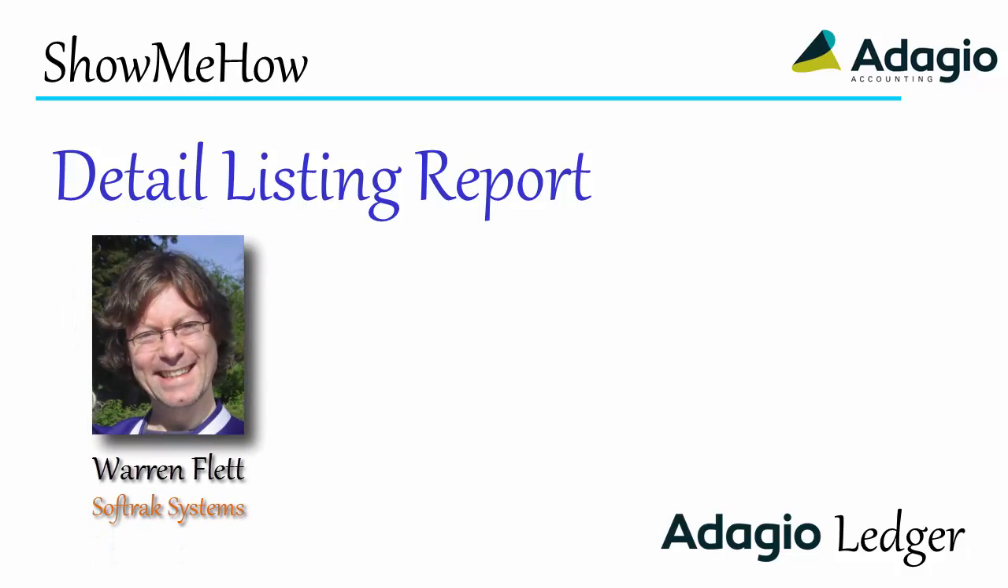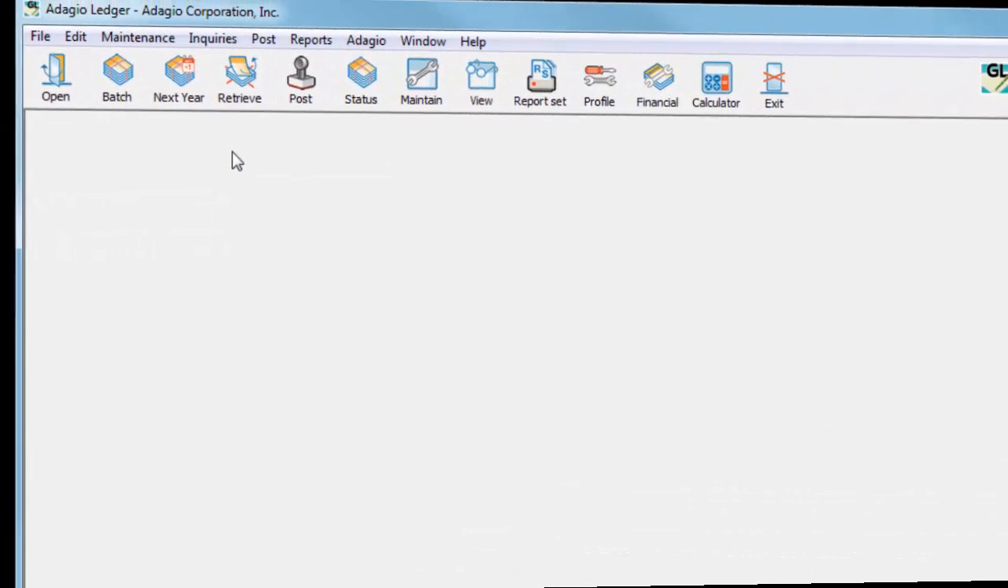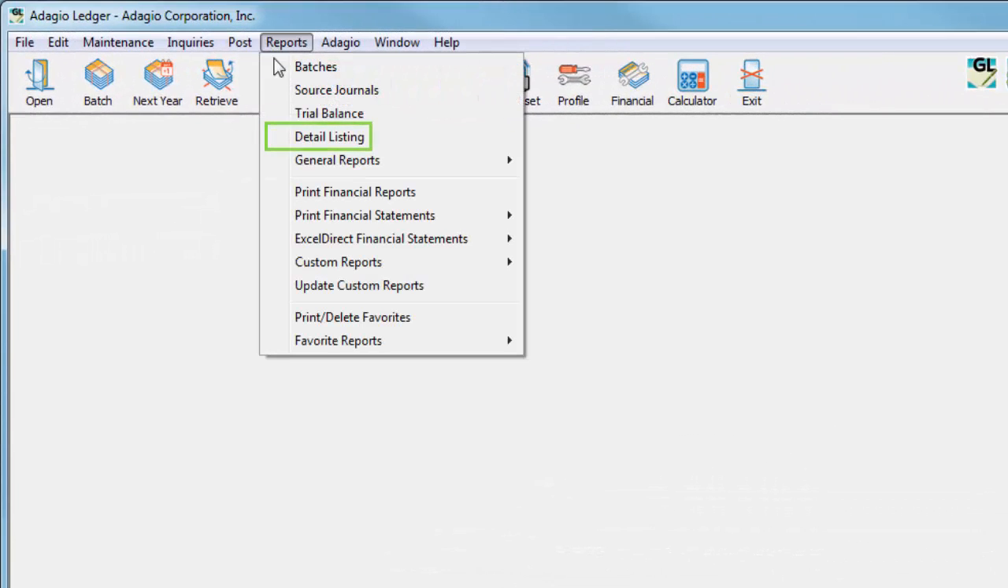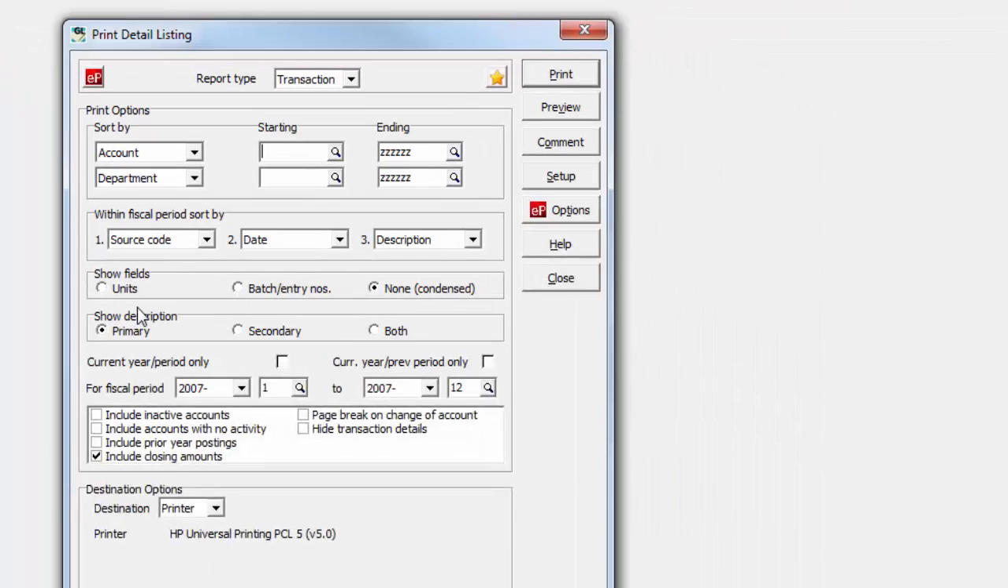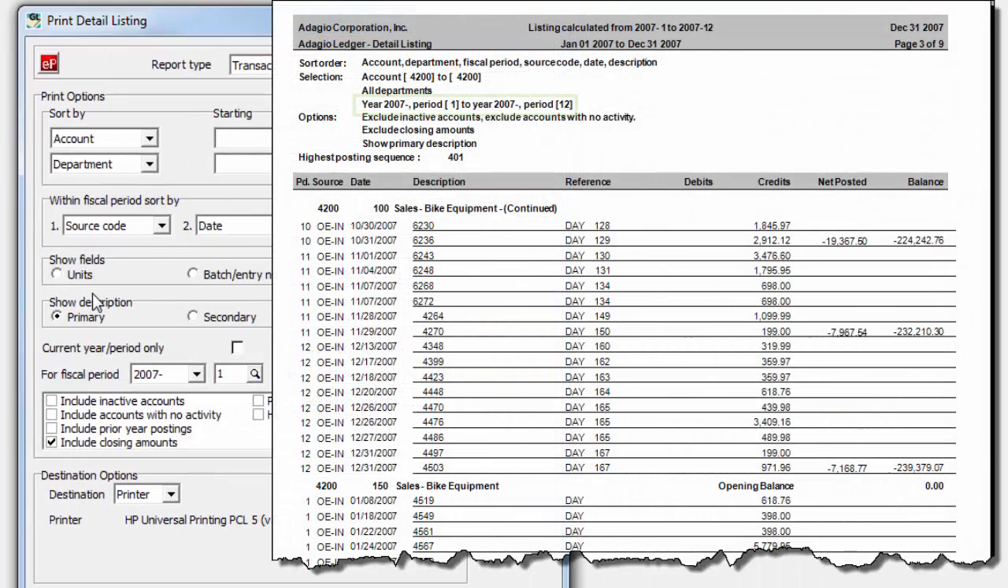When you need to list or locate specific transactions in Adagio Ledger, the Detail Listing Report has various ways to present this information. From the Reports menu, select Detail Listing, which prints posted transactions for a given fiscal date range for each account and associated department if enabled, along with opening and closing balances, and running balances and total net